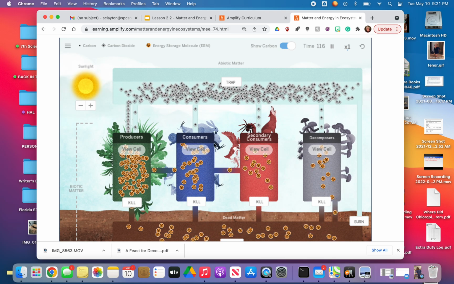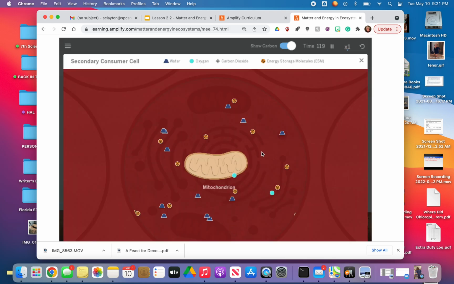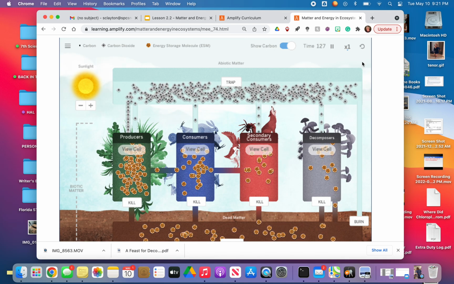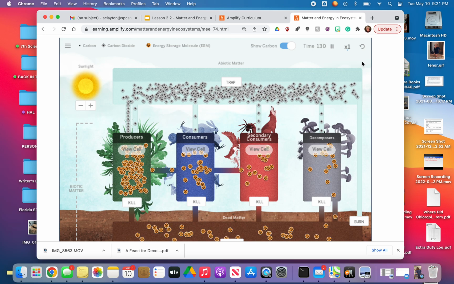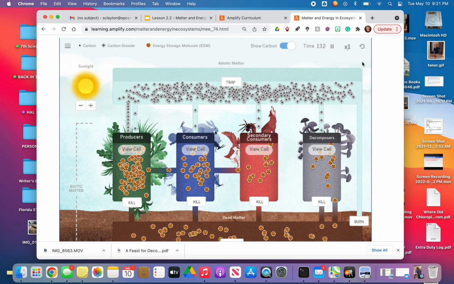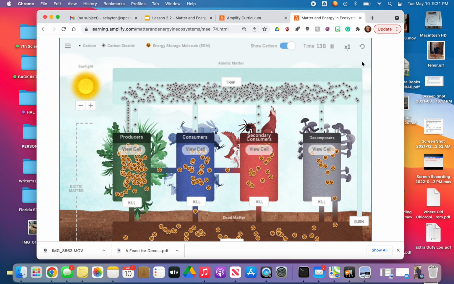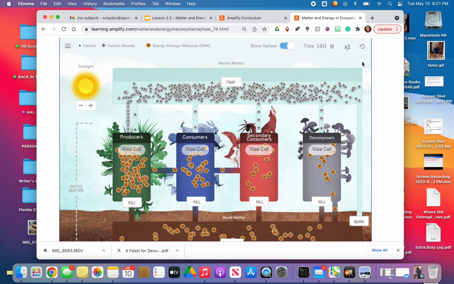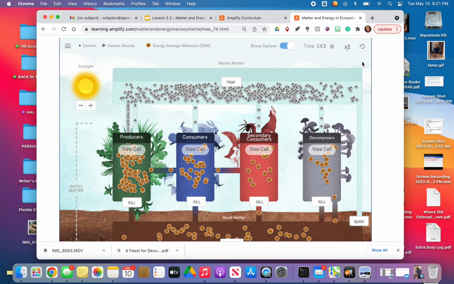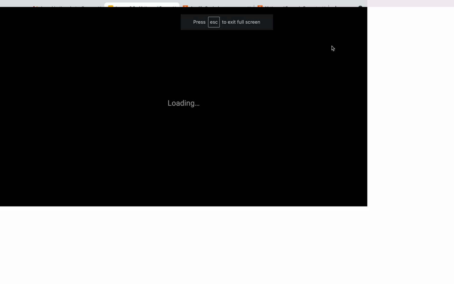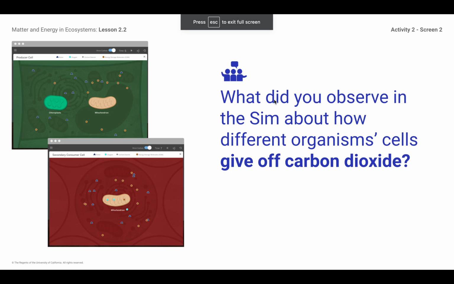And if you looked at all of the other ones, the secondary consumer, same thing. And the decomposer, same thing. So that leads us to believe that cellular respiration takes place in all of the organisms in an ecosystem. And regardless of which organism it is, cellular respiration is the same process in all of those organisms. So I want you guys to consider, though, what was different about